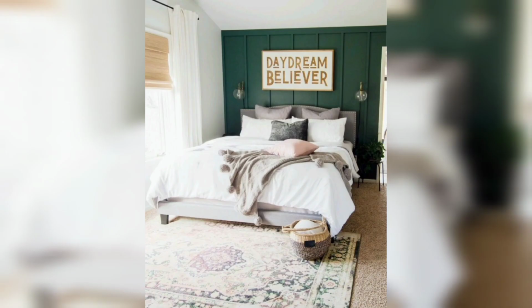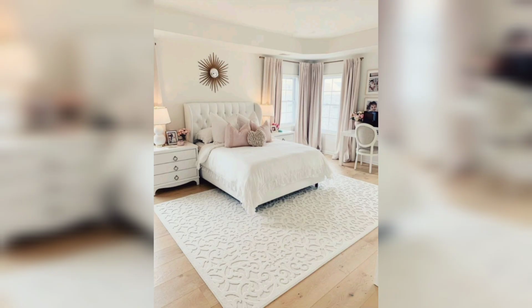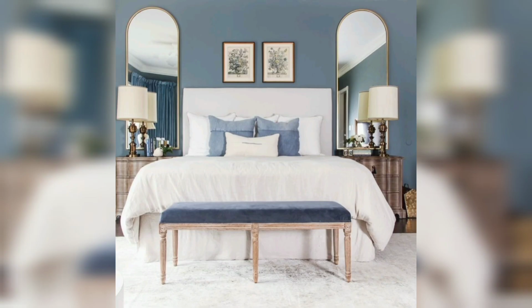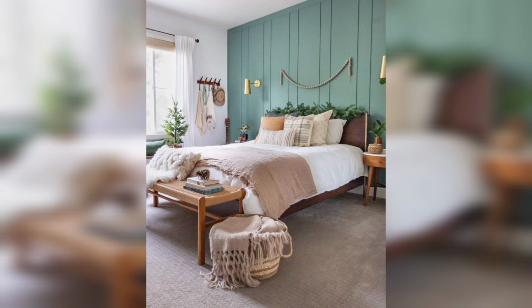Today we are bringing you the idea of cozy bedrooms, comfortable and cozy bedrooms, and we tried to collect a large number of bedrooms, so you can have an idea of how to decorate the bed and how to make it cozy, how to choose the furniture to make your room look more cozy, and the type of carpets which are used in cozy rooms,